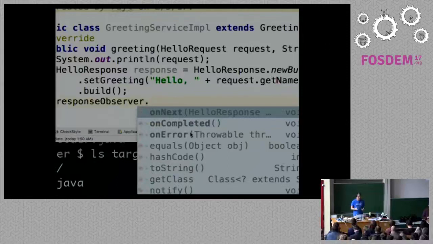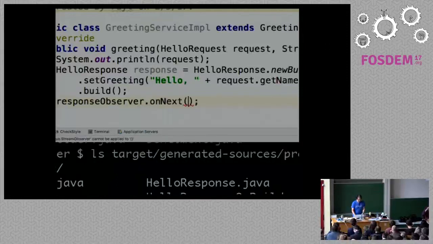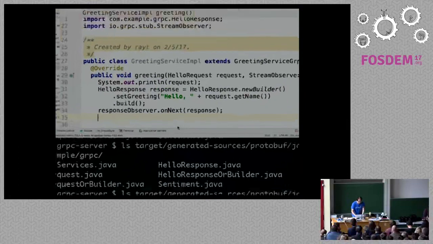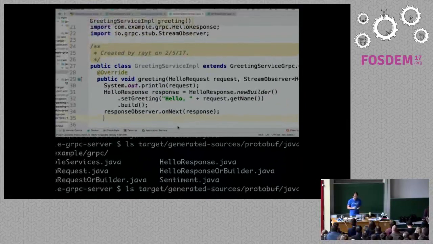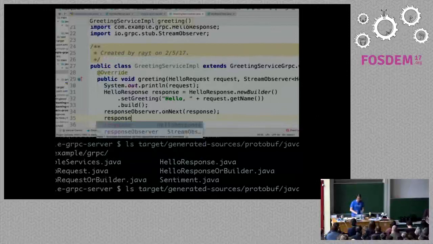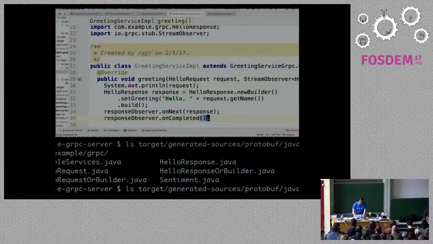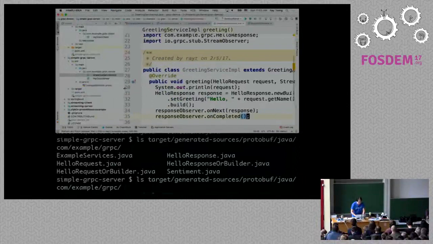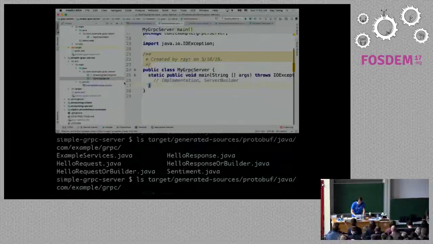Now, even though this is a unary call, meaning the client is only expecting one response, you can actually call onNext multiple times, which is not good, right? If you do it, it's going to give you a runtime exception. But that's the way that this interface works. Now, are we done? So I say, hey, go and send this response to the client. Now, here's the tricky part. You have to call onCompleted as well, so you can close the stream. Otherwise, the client will be hung, and it will be waiting for the next thing forever, or until the connection times out, or until you call onCompleted for it to move on. Okay? All right. So far, so good?